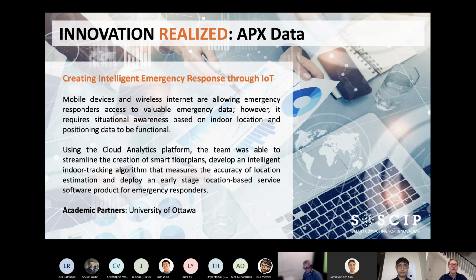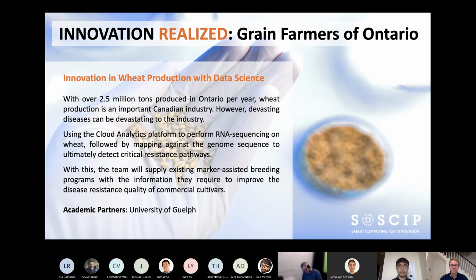So really, this was tapping into our cloud analytics platform, and really started to better create smart floor plans for buildings and have better tracking mechanisms. So as first responders were moving throughout, they would have better location-based services, so that would provide a more efficient and safer environment as they're trying to move through a building from that perspective. And this was a project that was funded in partnership with OCE through the Talent Edge program. So this was more of a postdoc-focused, developed and led project that spanned about 2 years.